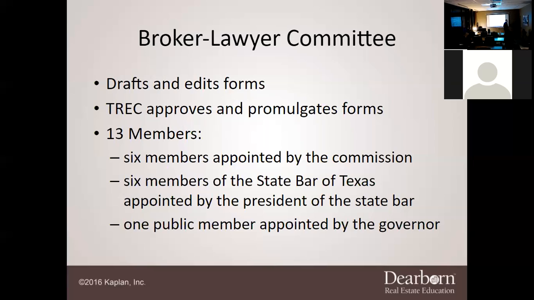That one public member cannot have any relationship to anyone in the real estate industry. That person has to be completely independent of real estate altogether. So if your wife, son, daughter, spouse, whatever, has any relation to real estate, you can't be that public member. It has to be a completely unbiased individual.